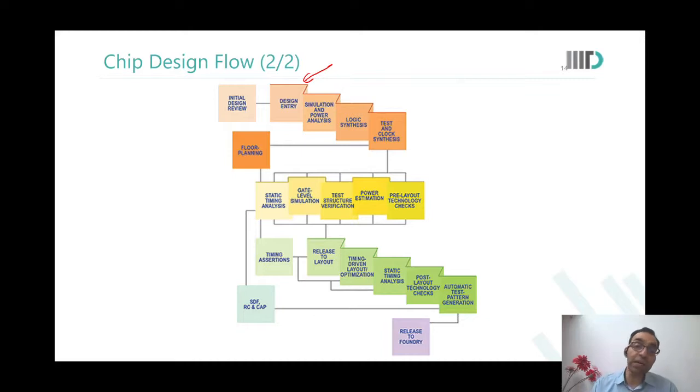Once you've done that, you again need to do static timing analysis, because now you know the additional information of how long a wire is there between two different gates. Till now, you only knew that this NAND connects to that NOR. Now you know that when this NAND connects to that NOR, there is also this long wire in between them. So the delays would change, and you need to do a timing analysis all over again.